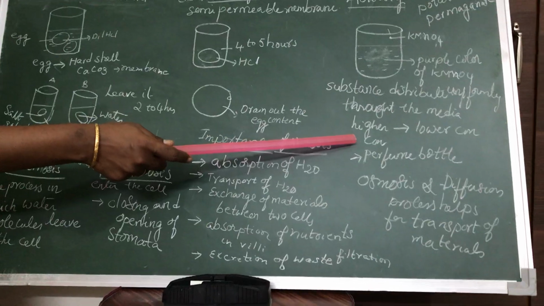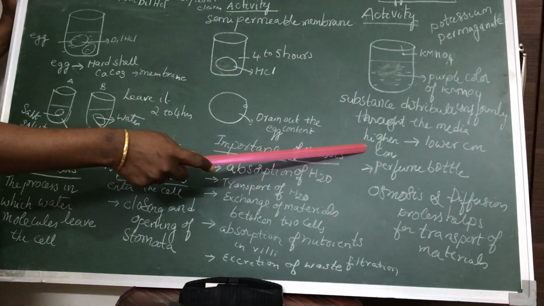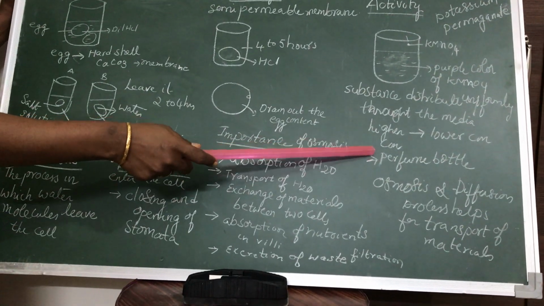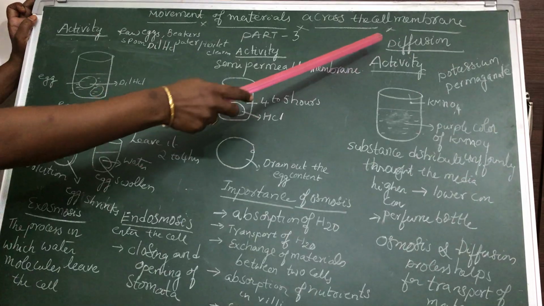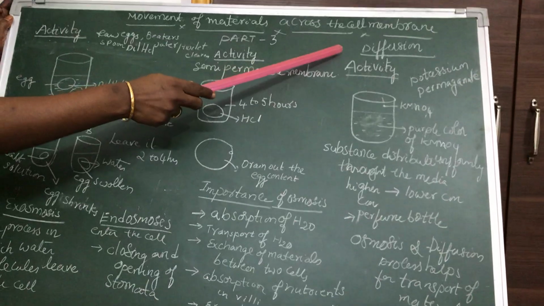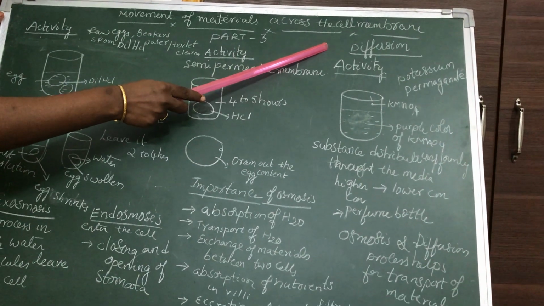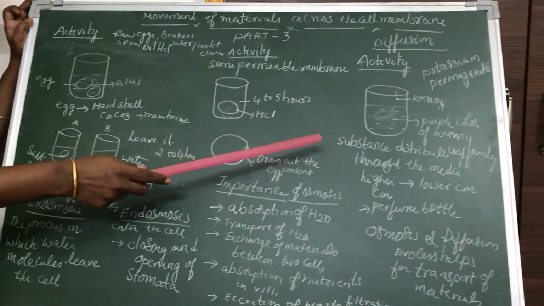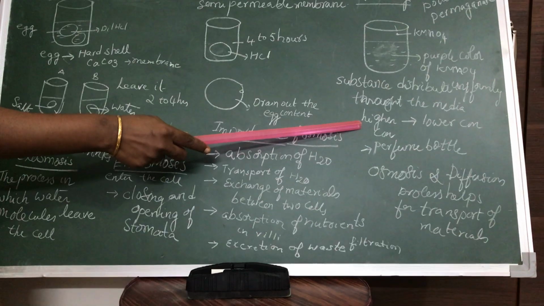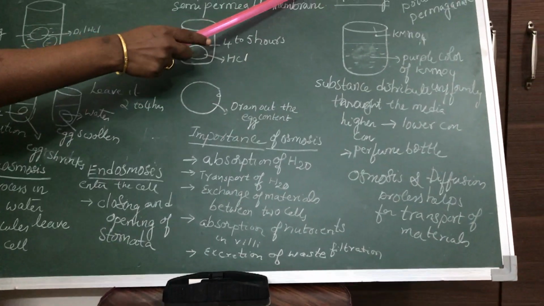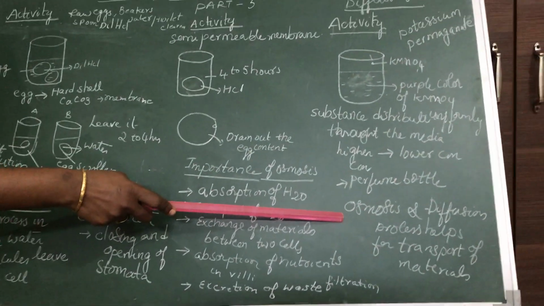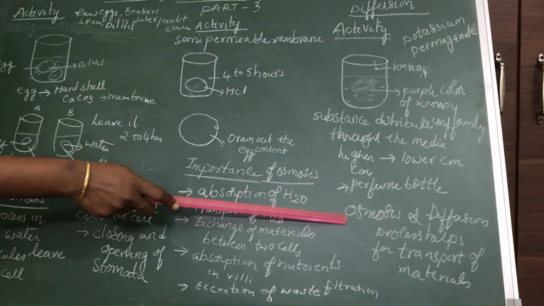See, in coffee, when you add a drop of coffee powder into the water, the coffee powder crystals are uniformly distributed in the media. This process is called diffusion. Diffusion also plays a very major role. All the gases diffuse into our body from higher concentration to lower concentration. Diffusion means movement of molecules from higher concentration to lower concentration till the concentration becomes equal. Both osmosis and diffusion processes play a very major role in the transport of material across the cell membrane.